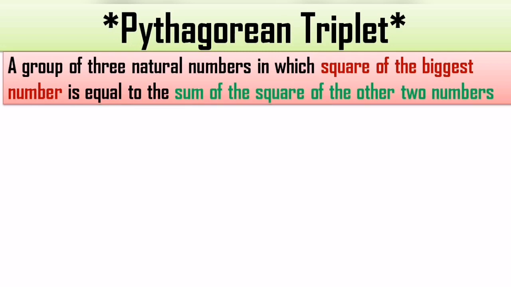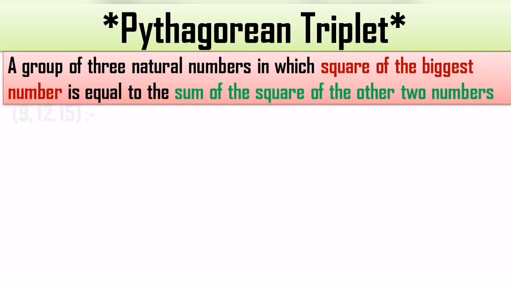What I am going to do is find the square of the biggest number, then find the sum of squares of the remaining two numbers in that group. Means first of all we have to do the square and then we have to add it. That answer of the addition, and the answer of the square of the biggest number, if they are matching with each other, if they are same, then we say those three numbers are Pythagorean triplet.